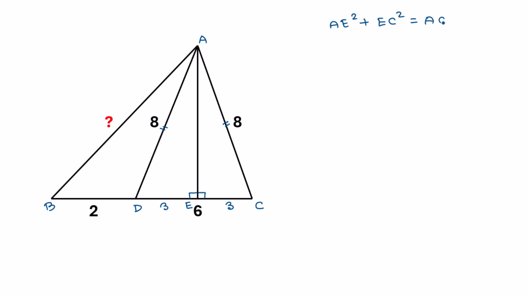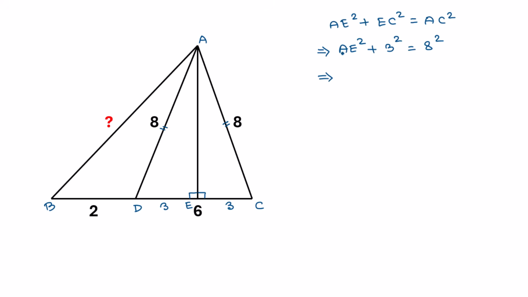So AC square, or this AE square plus EC, this EC is 3 unit, so we can write 3 square is equal to AC, this is 8 unit, so 8 square,